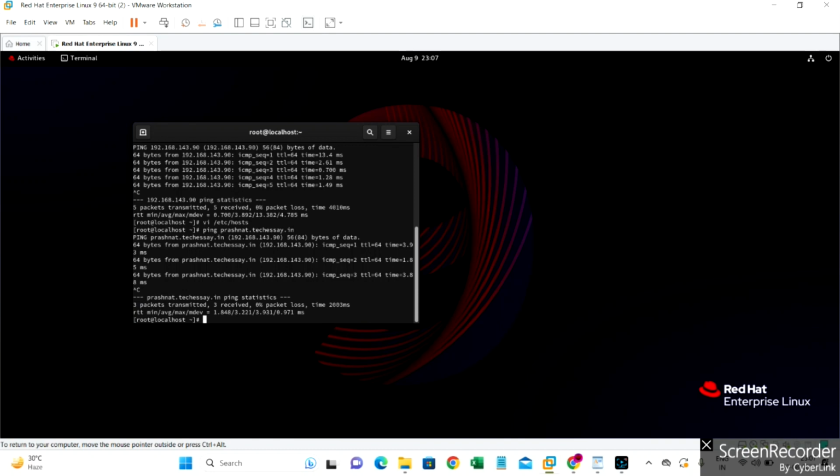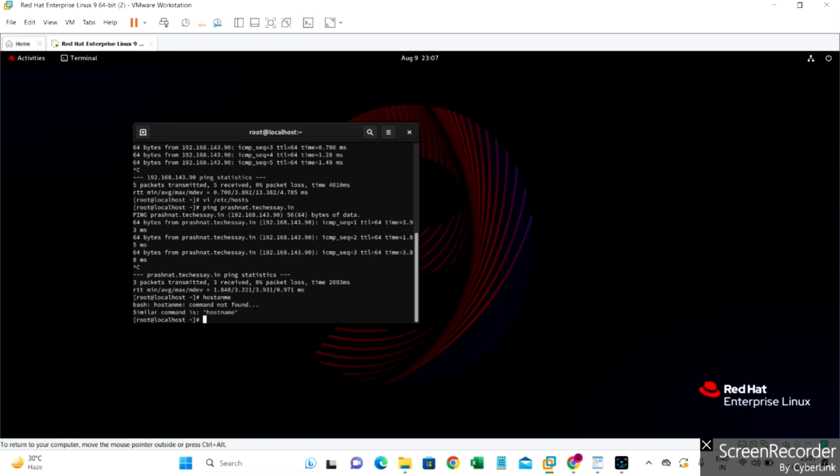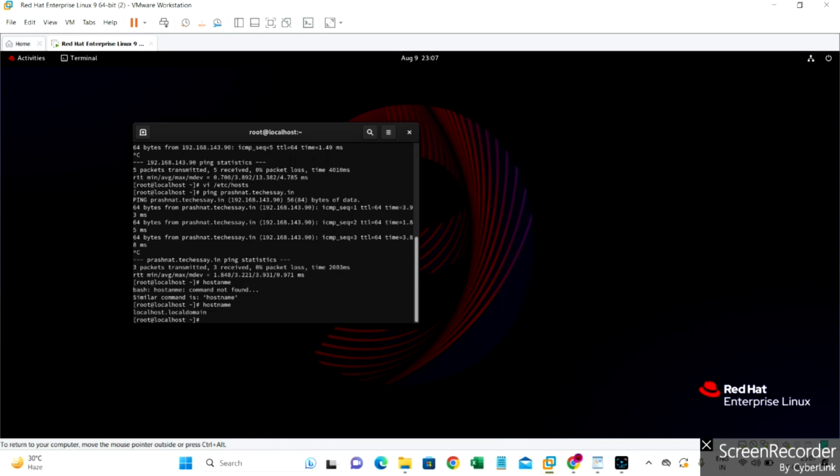In the same manner, you can also use nmcli for configuring the networking. Here you can also change the hostname of this system. The hostname is here, and we can also change the host by using the hostnamectl command. We can use hostnamectl set-hostname,